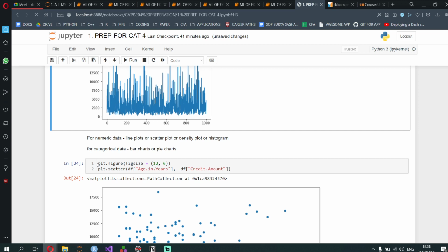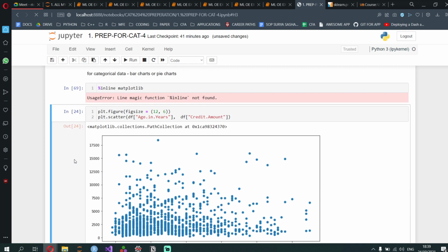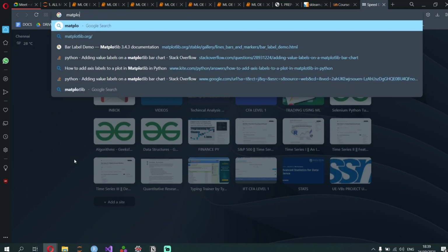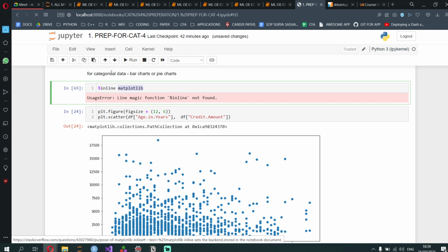Another way you can plot is calling matplotlib as plt. In case your plot doesn't show like this at all, and it just shows this text over here, you need to do something called a magic function, which is percentage matplotlib inline.